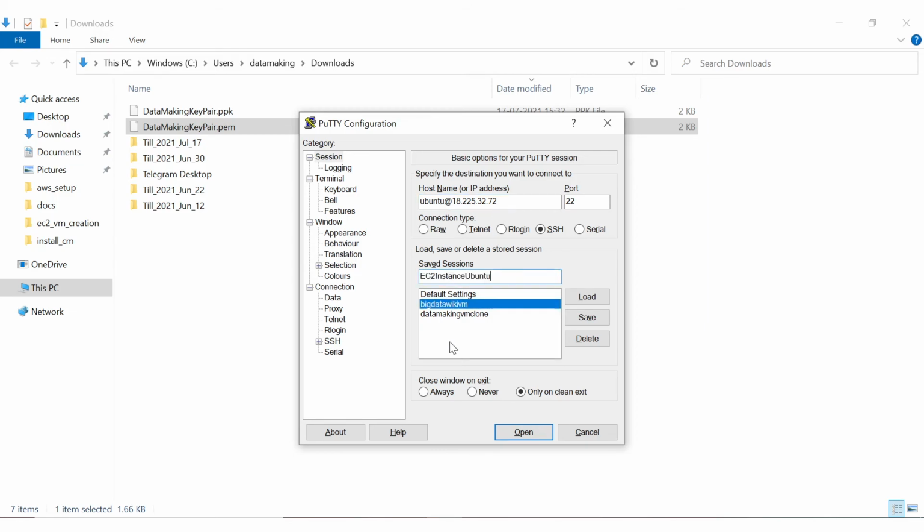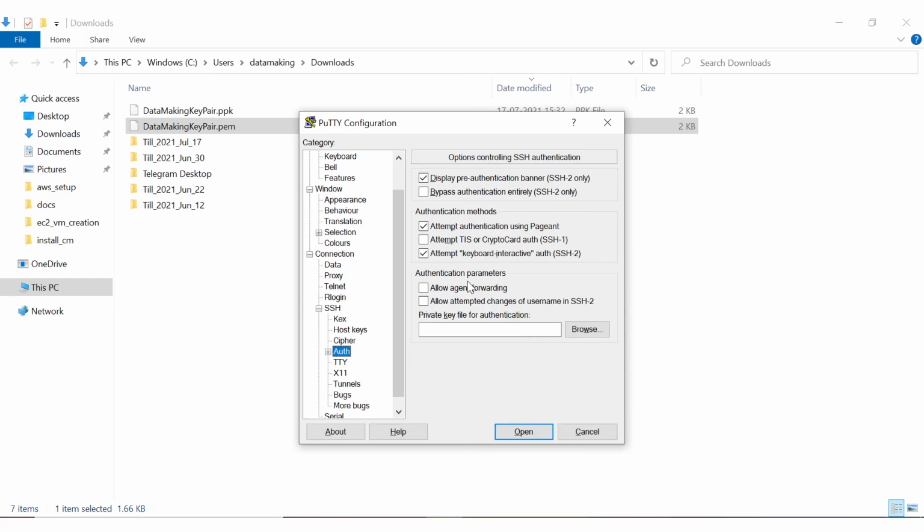Now I give a name to save this session so that I can use it in future. I give EC2 instance Ubuntu, and we have to choose the .ppk file, the private key file. For that you need to go to Connection, SSH and Auth, and choose the private key for authentication.